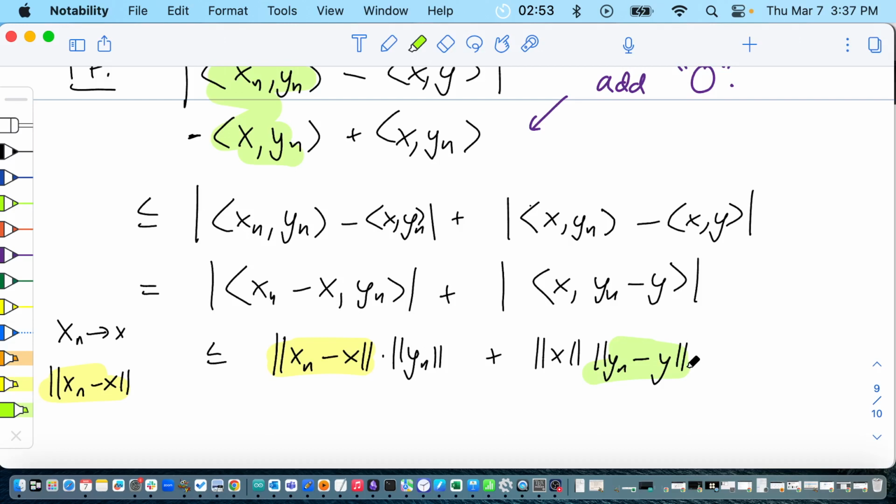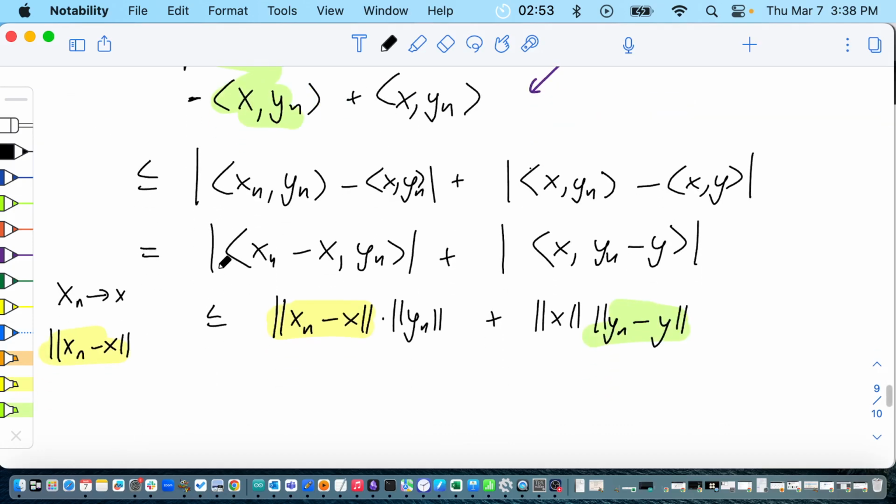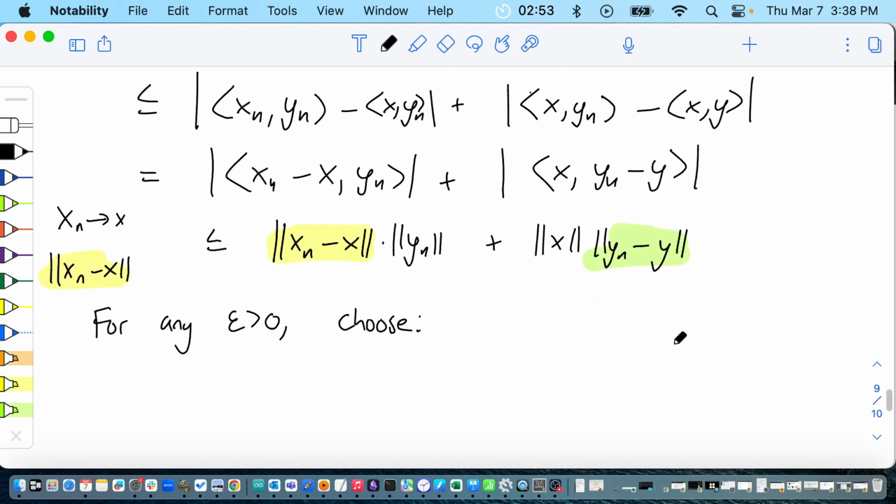But let's do the epsilon-delta proof to make things rigorous. So now we have this nice inequality, and we're going to prove that the right-hand side goes to 0. Let's do it. So for any epsilon greater than 0, choose what? We're going to choose some N, and then we're going to make it so that when lowercase n is bigger than capital N, this whole thing is going to be less than epsilon. How are we going to do it? Well, how big should yn minus y be? So since yn goes to y in norm,